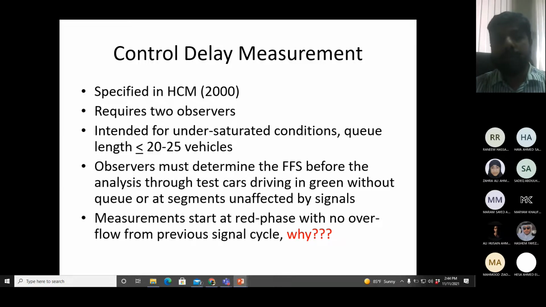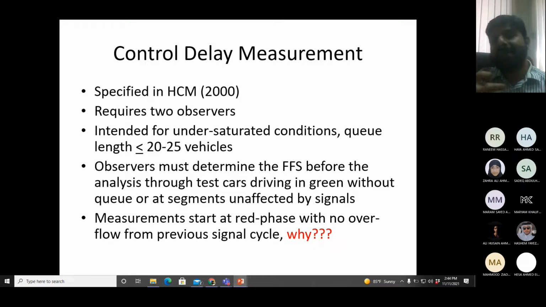Now the problem is, you may argue with me, I just told you we should not measure the speed of the cars on the intersection because they are supposed to stop or slow down. So how would I get the free flow speed for the intersection? There are two possible answers. The first answer is, I don't need the free flow speed of the intersection. I need the speed of the highway which is coming towards the intersection.